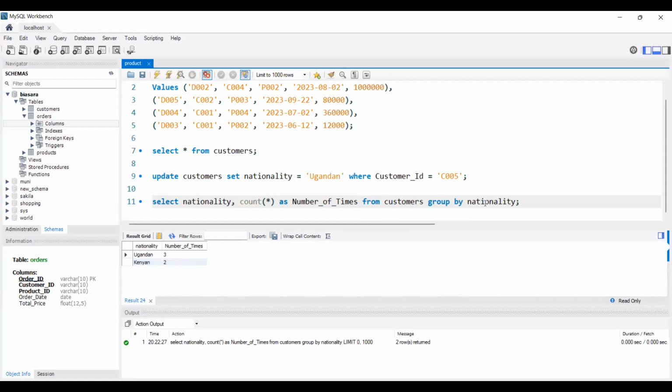Now, what if we want only to retrieve those nationalities which are more than 2? That is when we can use the having. Is it clear? We can say select nationality, count as number of times from customers, group by nationality, then having. We can now put our having here. Having this count greater than